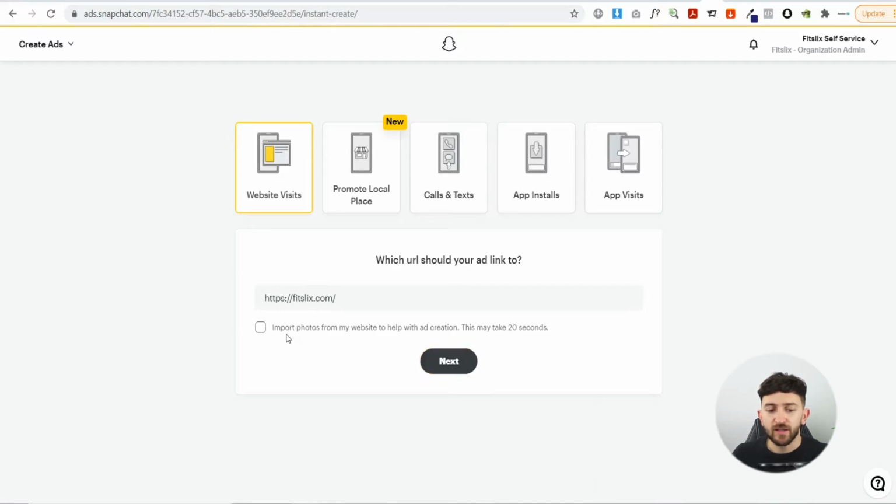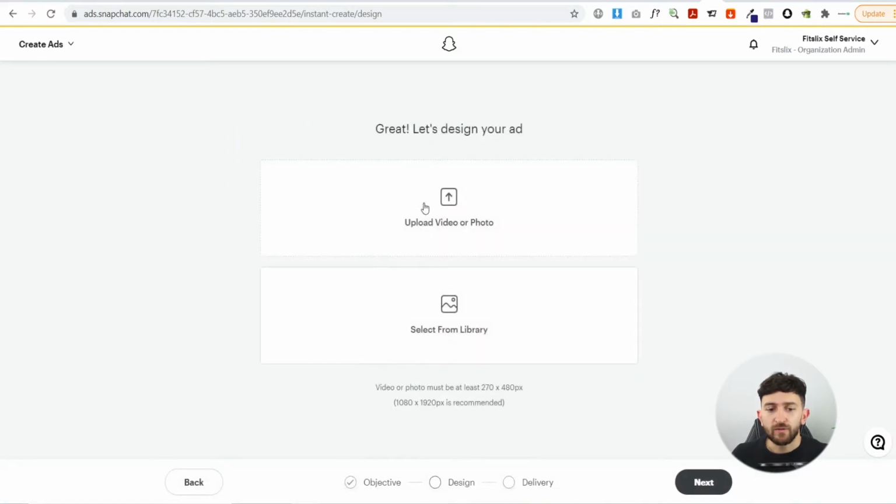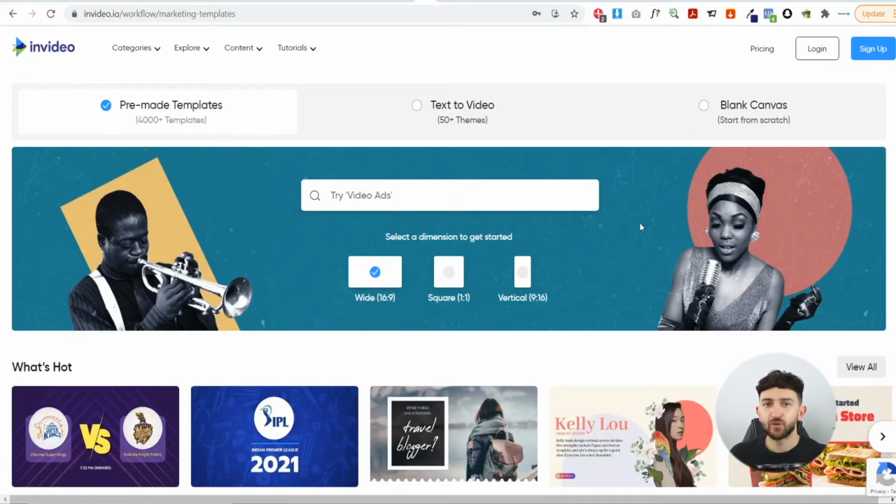Don't tick this button over here where it says import photos from my website for ad creation, because I'm going to be showing you how to create a really amazing video ad to actually use for your Snapchat ads. So just go and click on next over here. Now over here it's going to say great, let's design your ad. So from now we're going to go and actually create the ad first, and then we can come back to here and upload it. So in order to create the ad creative for your Snapchat ad, just head over to